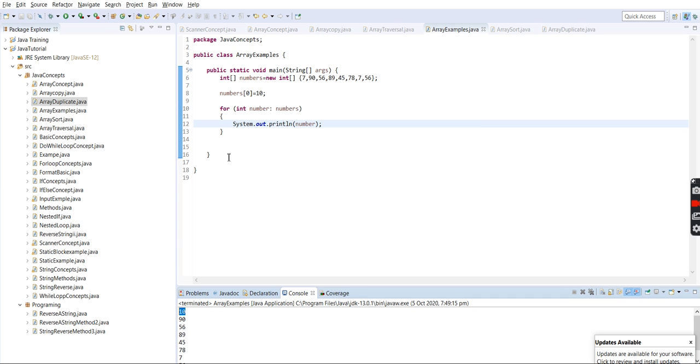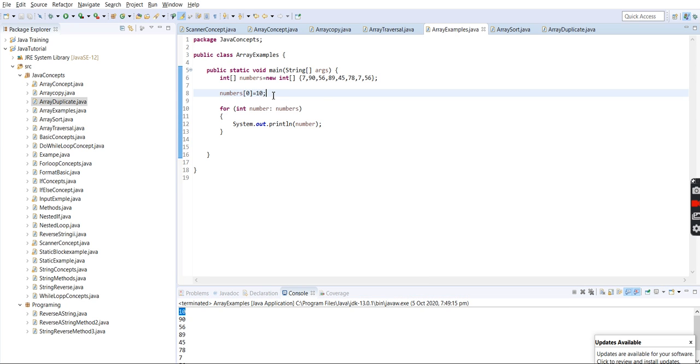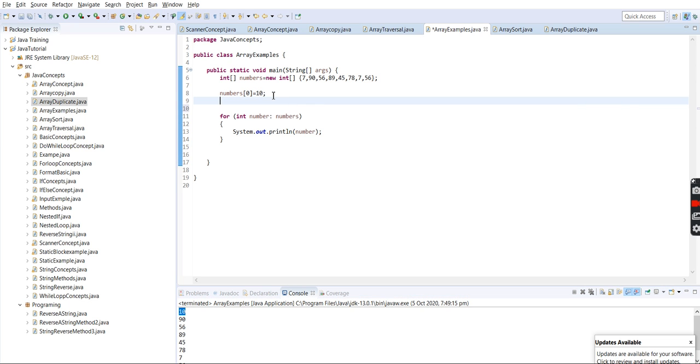Another thing is that when we declare the array as type integer and try to store a value of a different data type, it will give an array store exception in Java. We'll try to see.